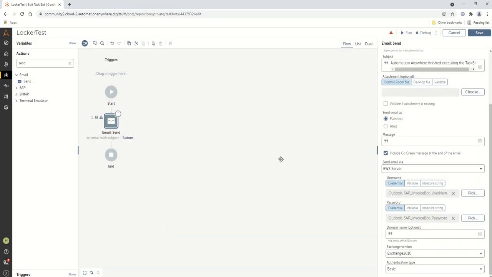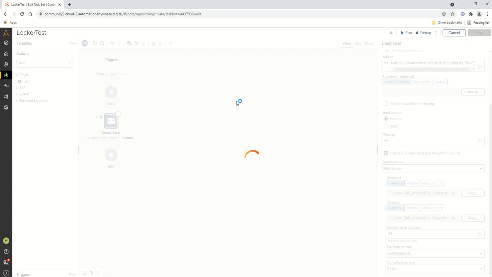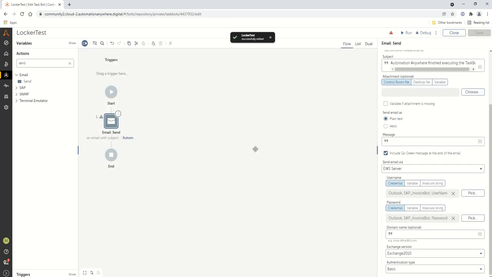For the password, you can save it and you can execute the bot. It is going to work, but now I haven't configured my bot agent, and even the credentials which I gave are dummy, so don't expect this to run. I hope this will help you guys on how to create credentials and lockers, all those things.